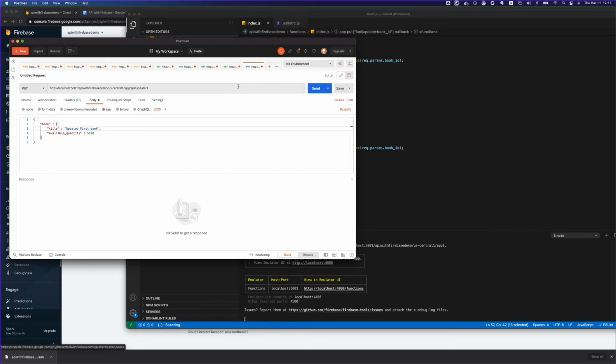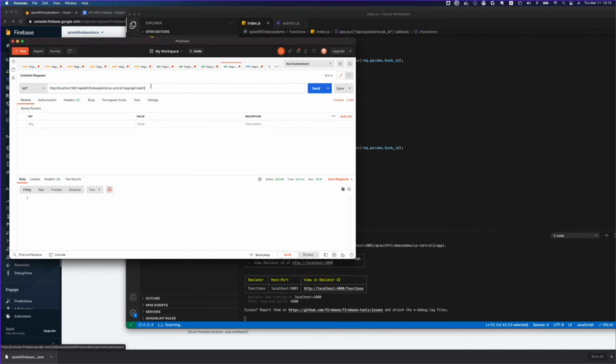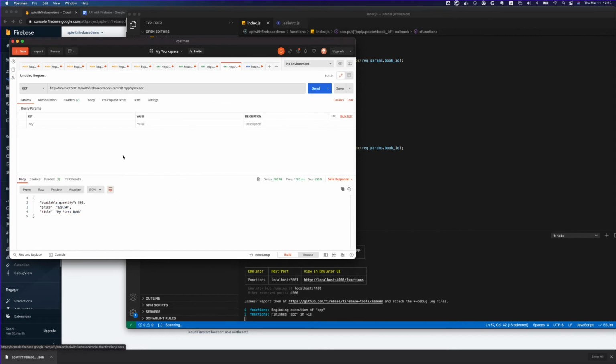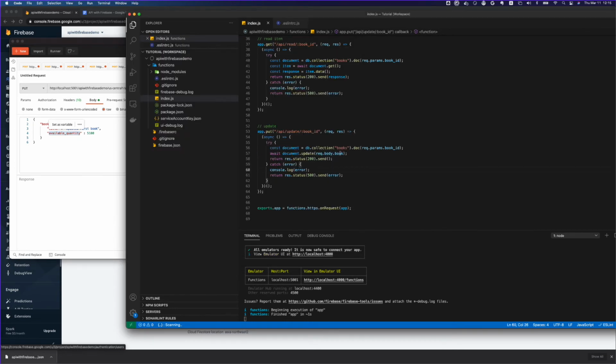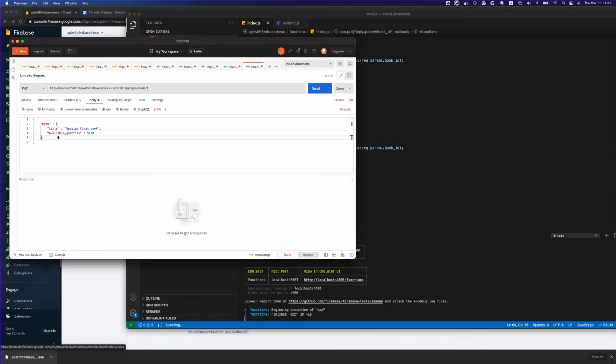Before calling this update, let's see what the GET returns. This is my current information for my first book, for the ID 1: 120 and 500. And in the input, I'm not giving the price, but I'm giving the title and available quantity. So the update is going to take the book, update whatever is available, and leave anything else which is not given as it is.